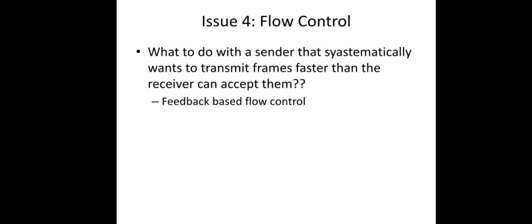That is the first case. And the second case is rate based flow control. There is no feedback taken from the receiver, but the rate is decided automatically. The sending speed is decided by the sender using some flow control mechanism. So these are the two different techniques to achieve flow control in the data link layer.